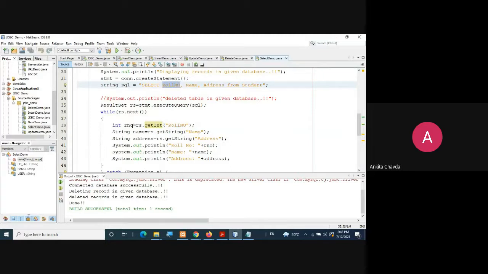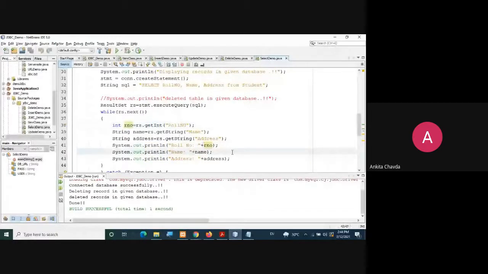Then string name equals rs dot get string, that is your name field. Same way for the address column. Finally, once I have r number, name, and address, I just need to print it onto the screen, so I'll know the roll number, name, and address. I'm just doing system.out.println. Simple.